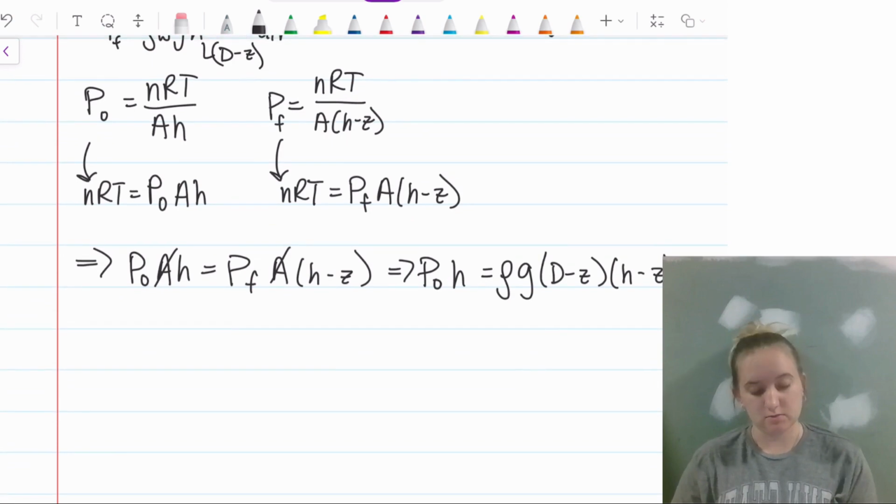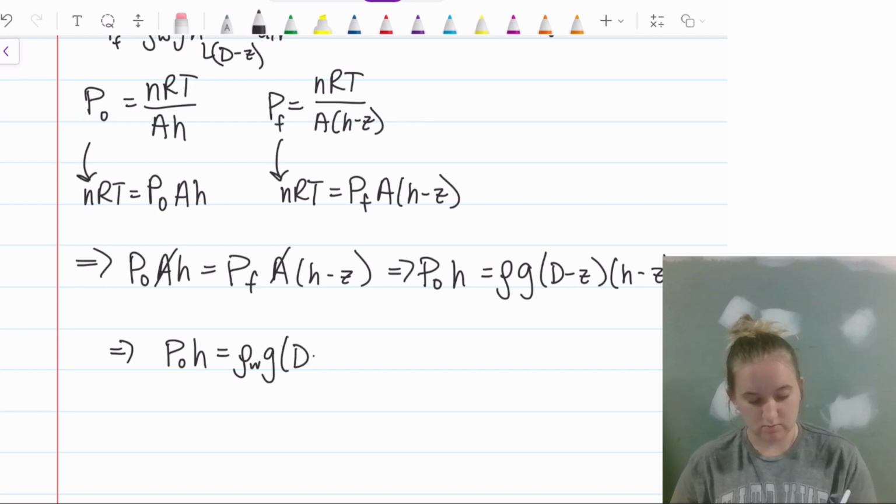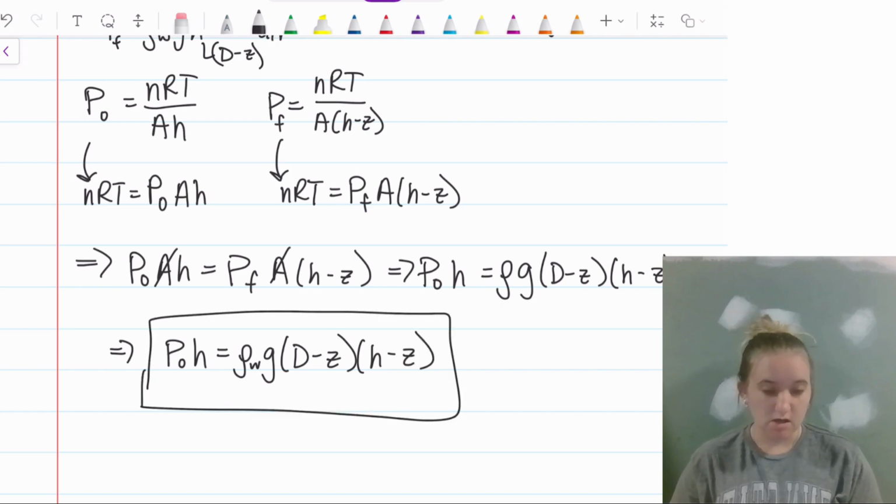So then our pressure balance equation, the final one, is P naught times H equals rho of the water G times (D minus Z) times (H minus Z). So that's our final pressure balance equation. And then we're going to take both of these and plug them into